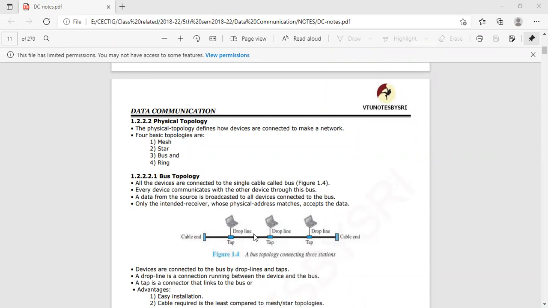So a long cable is there, and to this long cable, three devices are connected. This particular line is called the bus, or the cable is called the bus, where three devices are connected to this bus. I am saying three as the diagram shows three, but n number of devices may also be connected. So these devices are connected to the single bus, and every device communicates with each other via that particular bus only. Every device is connected and can share and transfer information via this bus only.